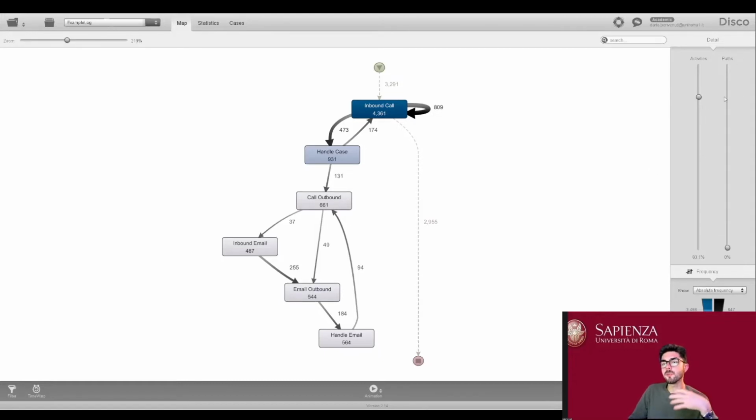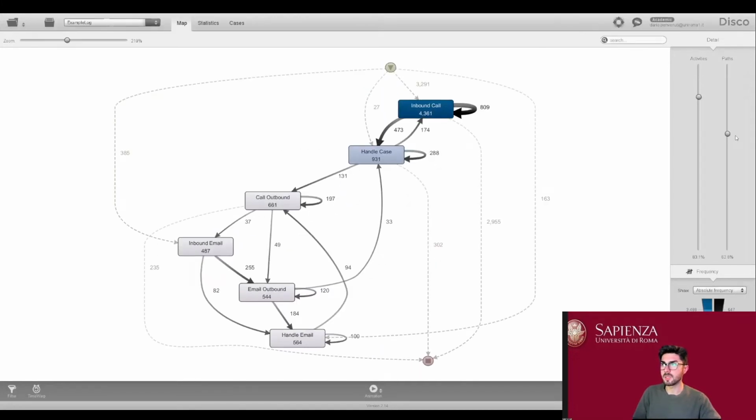And basically with these 2 sliders we can adjust the simplicity and quality of the model, and we will look just after this demo at the quality criteria that are important to consider while evaluating the discovered model. But it's quite simple to understand the simplicity, even if we have not talked about it yet.